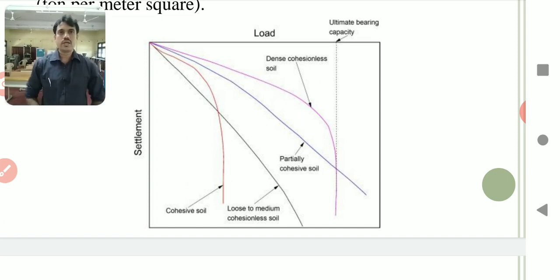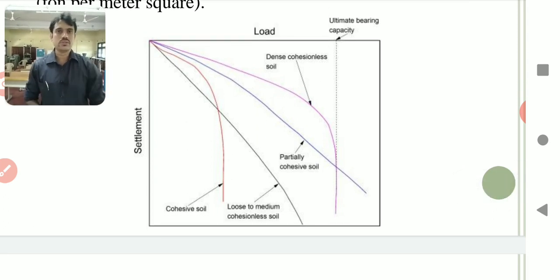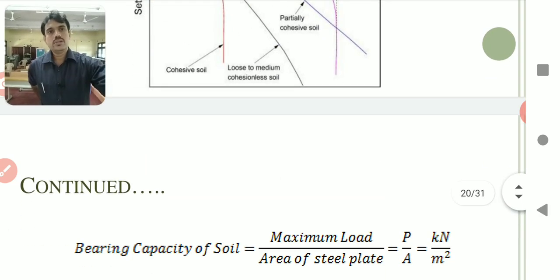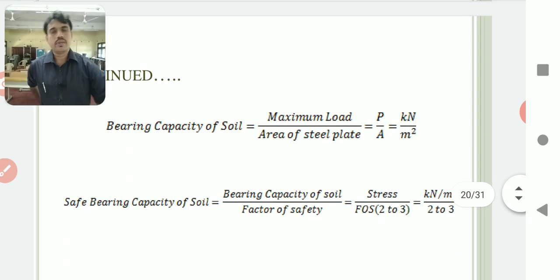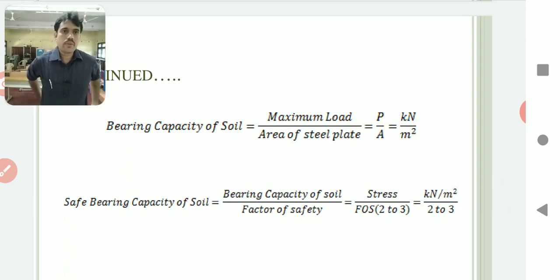So in this graph we can analyze, for dense soil, or we can say rocky type of soil, load bearing capacity is very high compared to cohesive type of soil or spreading type of soil. Sand is also classified as spreading soil, so there also it takes moderate loading for settlement. So this is about the graph. By this arrangement we are able to determine bearing capacity of the soil.